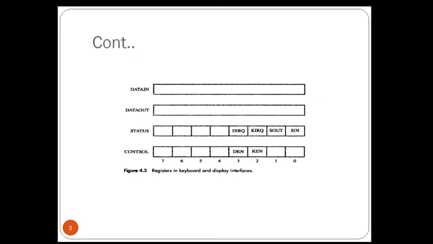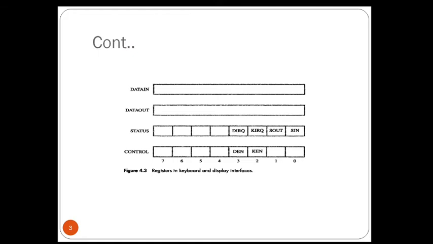The status register contains 2 control flags, SIN and SOUT, which provide the status information for the keyboard and the display unit, that is your monitor, respectively.